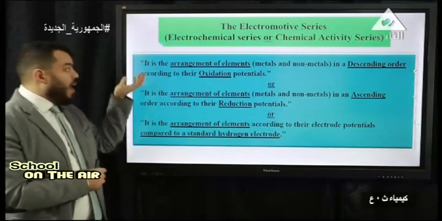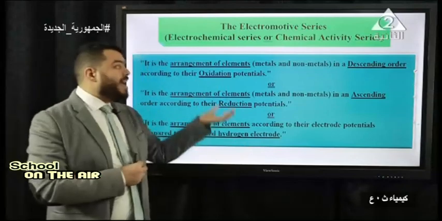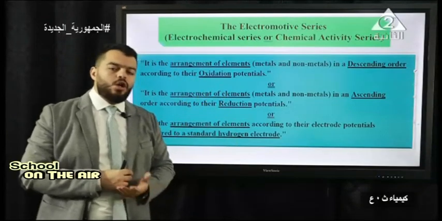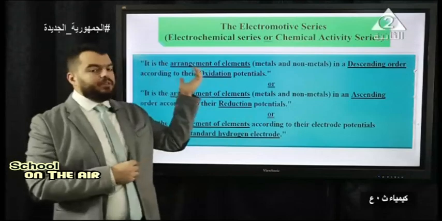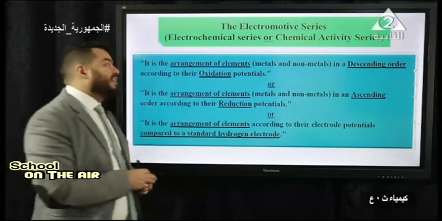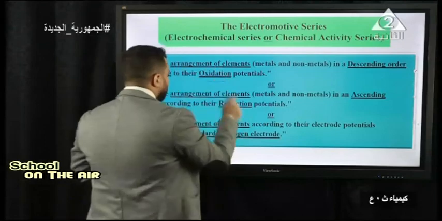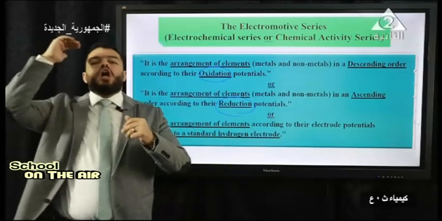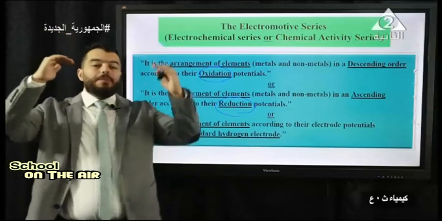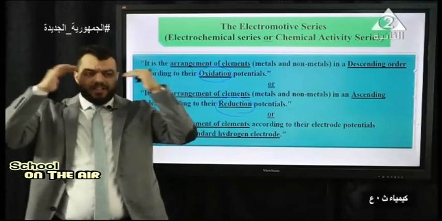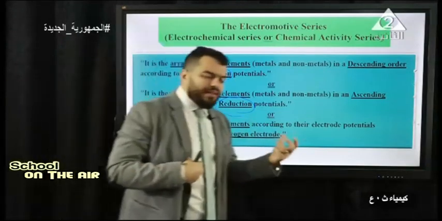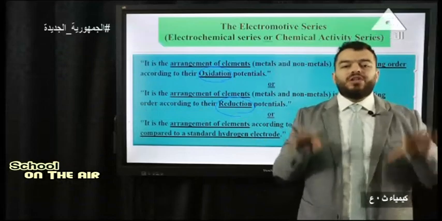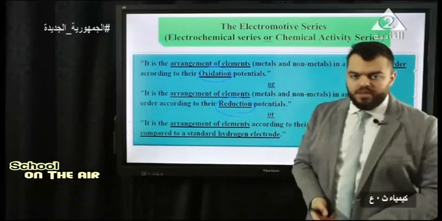It's a list that arranges the elements in ascending order according to their reduction potential, or the elements arranged in descending order according to their oxidation potential. So the element with high oxidation potential will have low reduction potential. It's logical. The element with a higher tendency to lose will have a lower tendency to gain. Okay, so